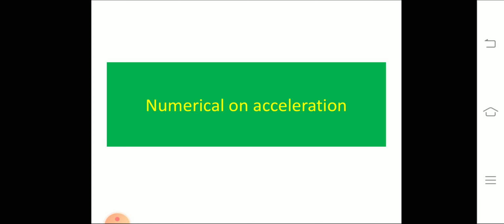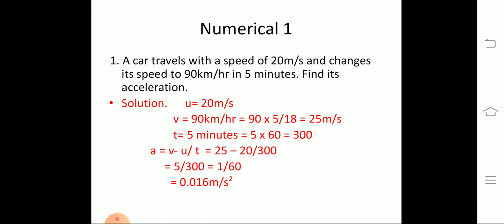Now let us solve some more examples based on this formula. Okay, let me take numerical 1. Now in numerical 1, a car travels with a speed of 20 meter per second and changes its speed to 90 km per hour in 5 minutes. Find its acceleration. The very first thing you have to do is first write whatever is given in the